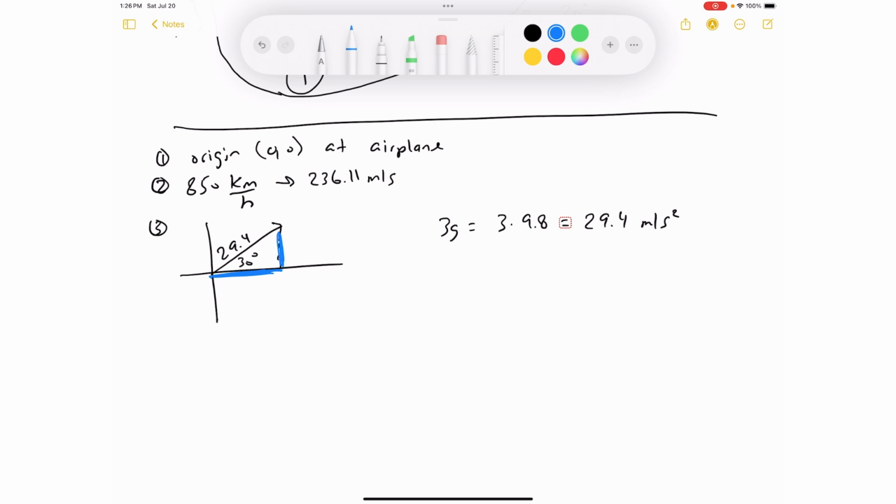So if you say 29.4 times, now I want to go to the bottom, so that's adjacent to the 30, I would say cosine 30 equals something, and then over here the vertical is